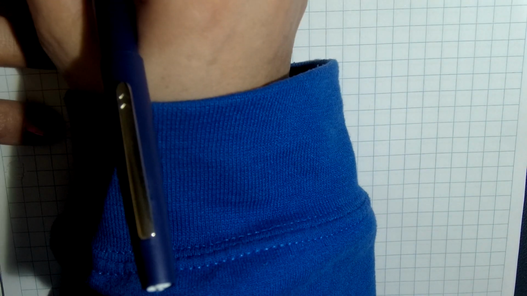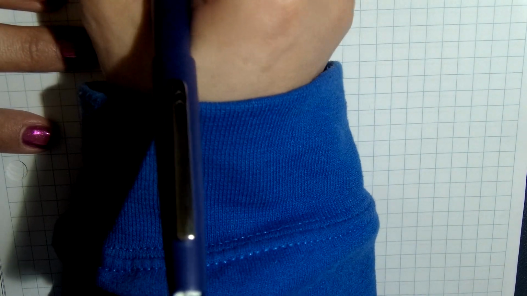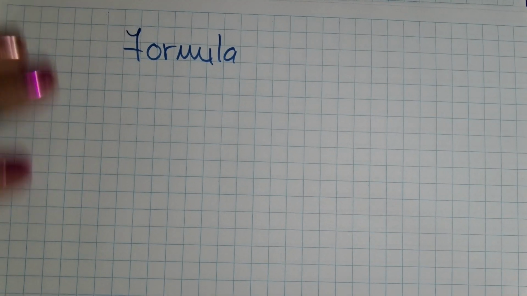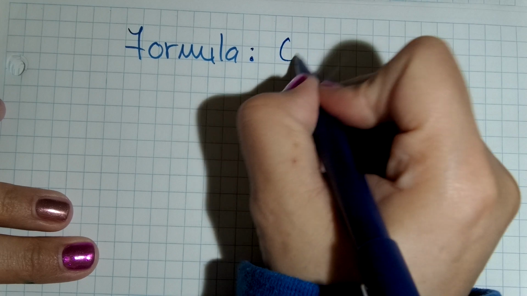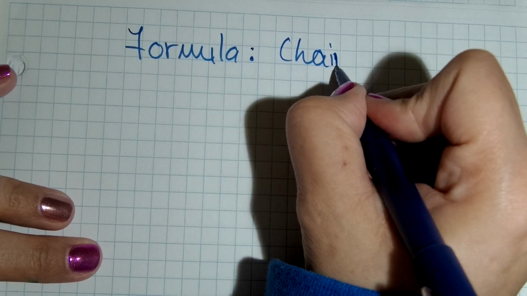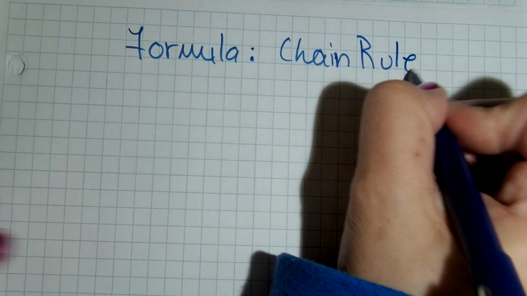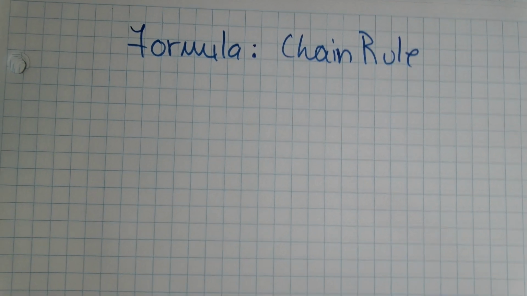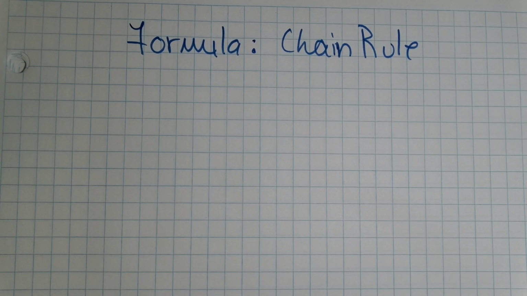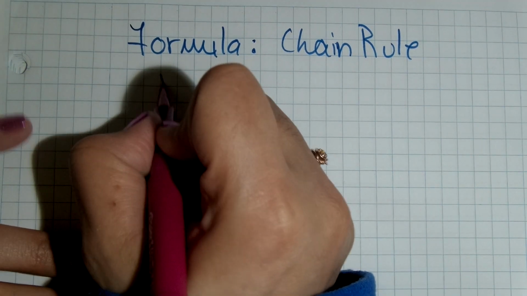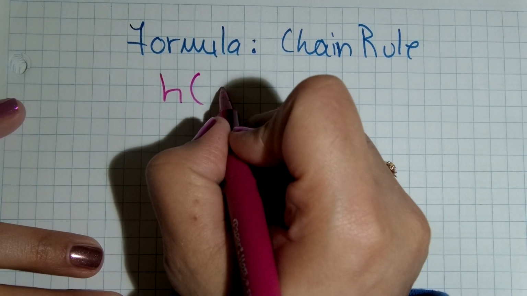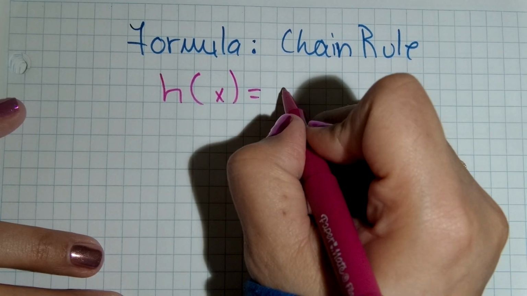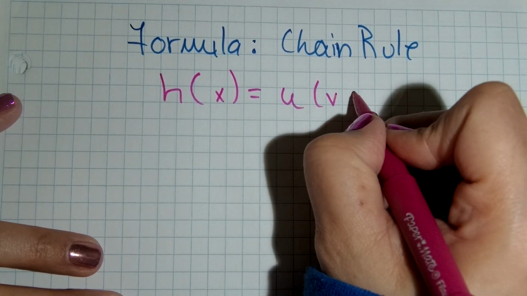All right. So, let's start with the formula. We have the formula for the power rule already. A lot of you have it memorized. Good for you. Yes, I have it memorized too. The chain rule is as follows. So if I have a function, h of x, that is composed of two functions, u and v,